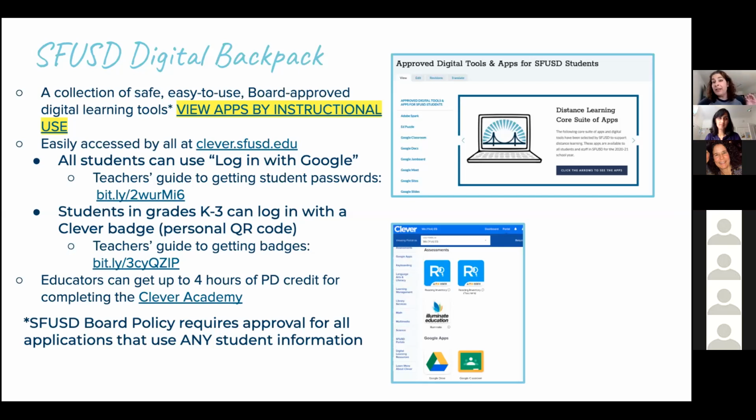In addition, the most amazing thing happened this summer. They took the crazy little website that was all about apps and they made it into this gorgeous app website that tells you all the approved SFUSD tools, along with little icons that tell you: is it a paid app by Central?